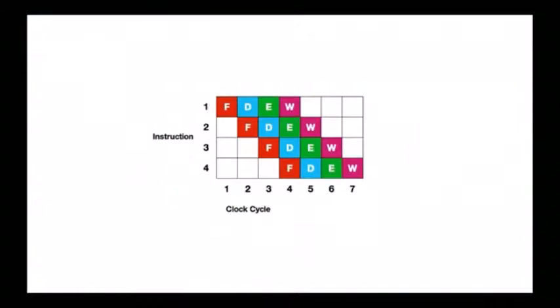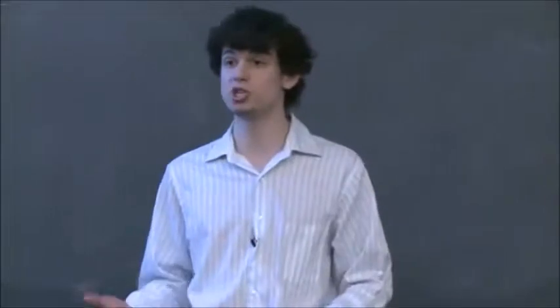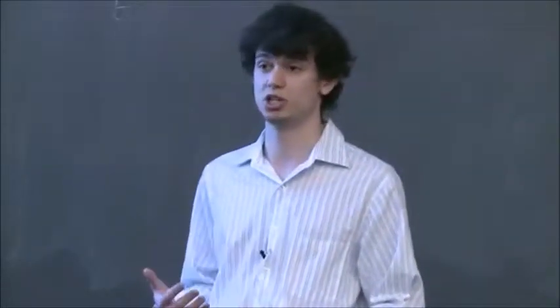So before, down the bottom, we had 16 steps down here. Now we only have 7. And see what we've done? Instead of waiting for this entire instruction to be completed, so we didn't wait for all 4 of these steps to be done, we said, OK, this first instruction is coming in. That means our fetch machine on our assembly line is going to start doing its job. Now the fetch machine's done. It's time for the decode machine to start working on this same instruction. So now, rather than waiting for that to complete, we said, OK, if the fetch machine's done, in this second